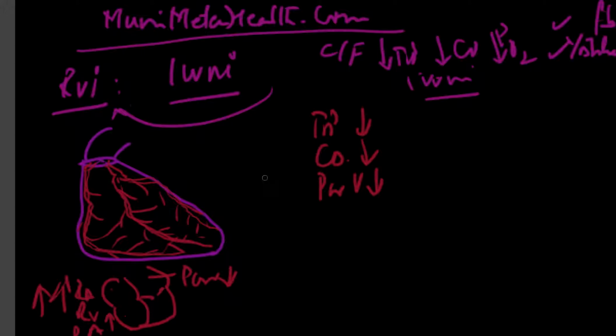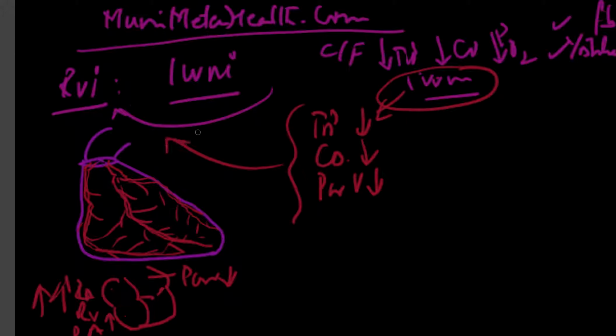So in a setting like this, one obviously thinks maybe intravascular volume, if you will, is depleted in that individual. But that's not the case alone, because you'll have an inferior wall MI in that setting to supplement that diagnosis that there is a right ventricular infarct that is being suspected very, very prominently. So in other words, in a setting of inferior wall MI, you have a low blood pressure, a profoundly low cardiac output, and a profoundly low pulmonary capillary wedge pressure. Think right ventricular infarct, in other words, okay? Specifically in a setting of inferior wall MI, as I said.